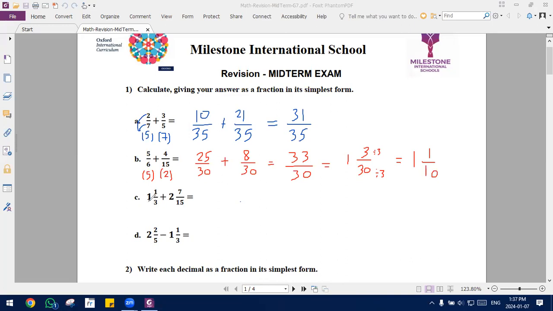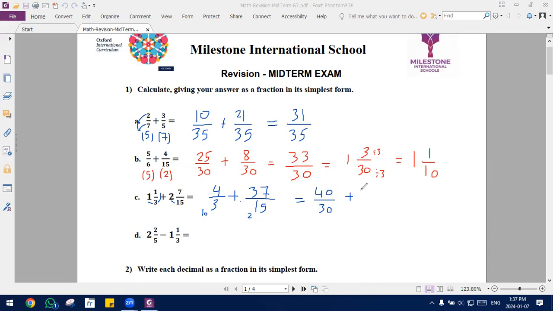How do we make it an improper fraction? We multiply 1 times the 3 and then we add 1. 1 times 3 is 3 plus 1, 4. So I have 4 over 3 plus, now 2 times 15 is 30, plus 7, 37 over 15. Now again, these values need the same denominator, so we make them 30. We multiply here by 10, and we multiply here by 2. 40 over 30